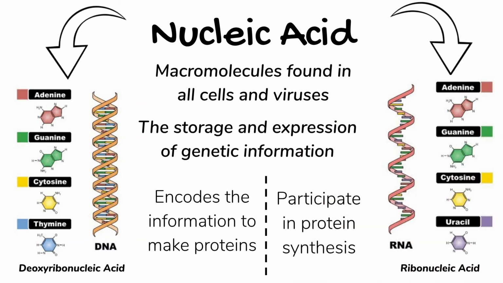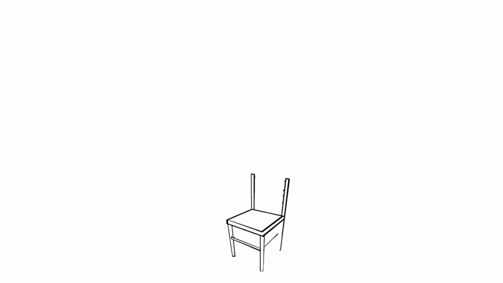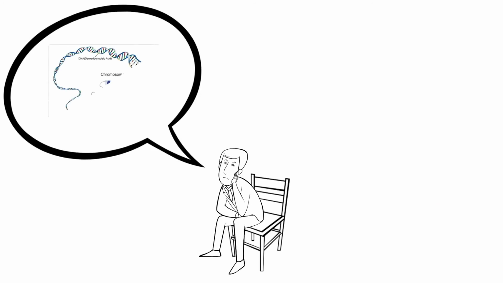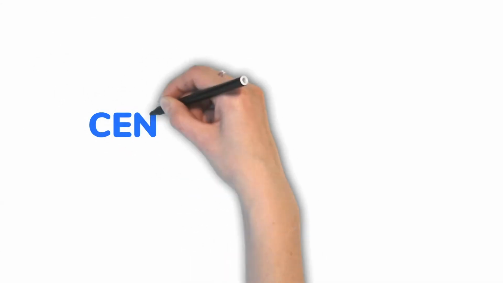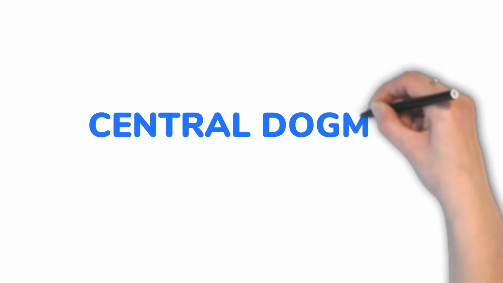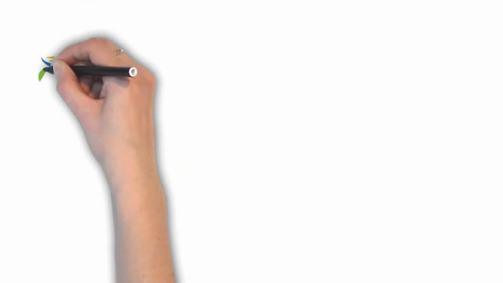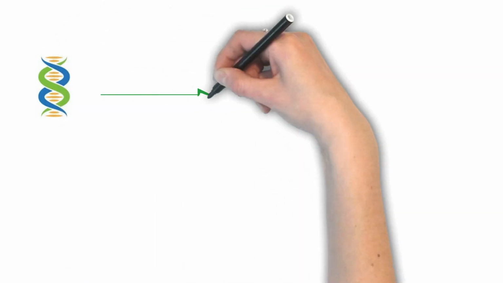Now that we know the major biomolecules, let us understand how they are made inside our body. We all know that our cells contain DNA, which is made up of genes that make us. But how do the genes produce proteins that make up all living beings? This is explained by the central dogma of molecular biology, which states that DNA is converted to RNA and this RNA is converted to protein.